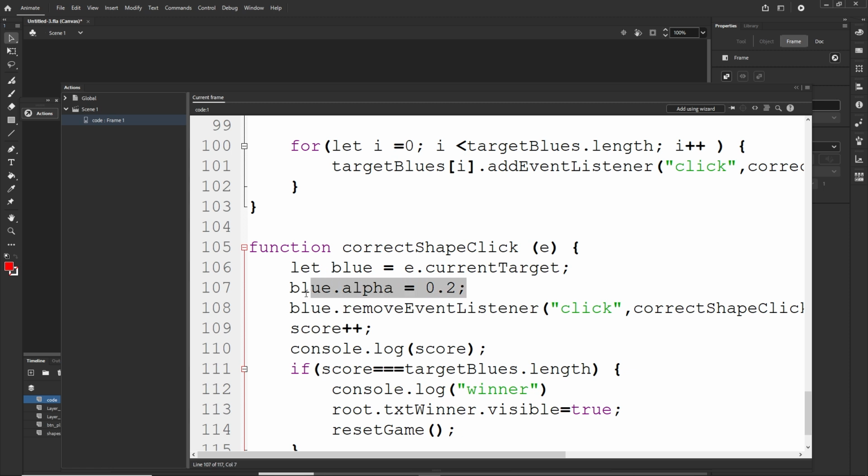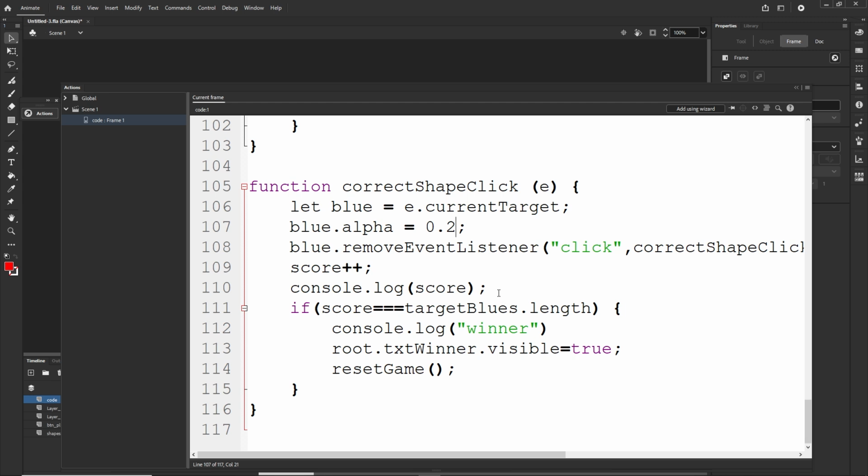We are changing the opacity to 0.2. We could change it to 0, but we are changing it to 0.2. Then we are removing the listener. If we would change this to 0, we potentially wouldn't need this remove listener, but I will keep it as we have for now, so 0.2, and yeah, we are increasing the score, we are console.logging